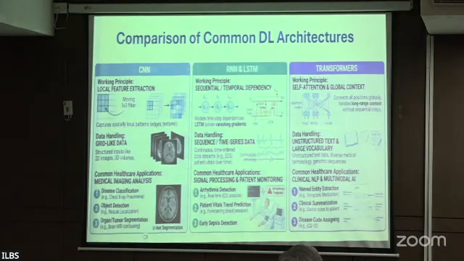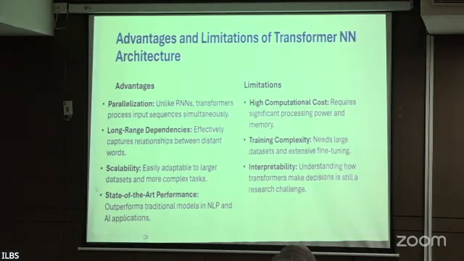So the limitation means high computation cost and a very highly complex model. So the time taken is long, it is very complex, and a lot of training data is needed. So when a model is trained,